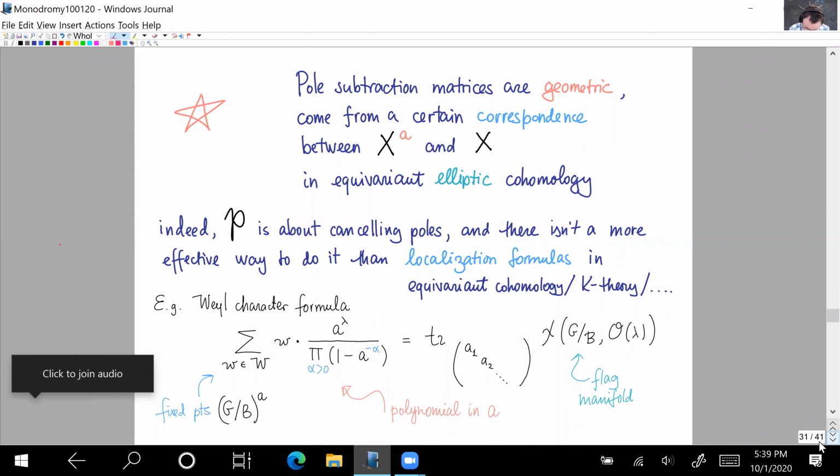So the first point I want to make is that in fact these pole subtraction methods are geometric. They come from a certain correspondence. We want some correspondence between the fixed locus and the variety X, and since this has to be an elliptic matrix, it has to be a correspondence in equivariant elliptic homology. And the reason it is natural for this to be geometric is because equivariant computation is the world's best tool for proving that poles in some formulas cancel, because the typical